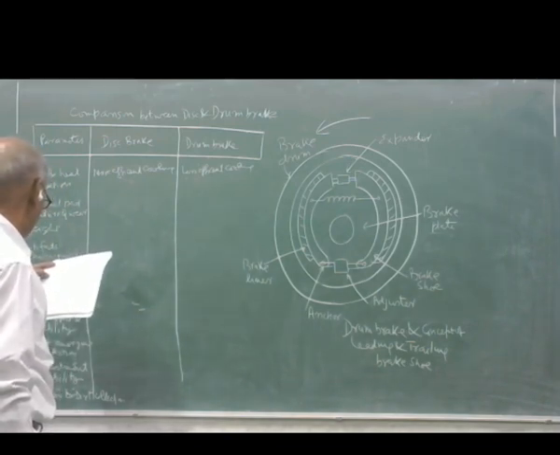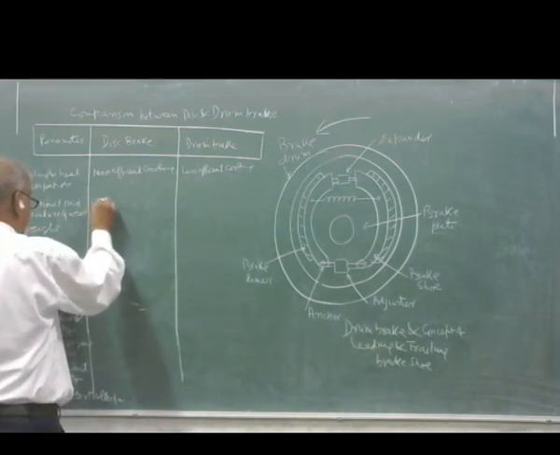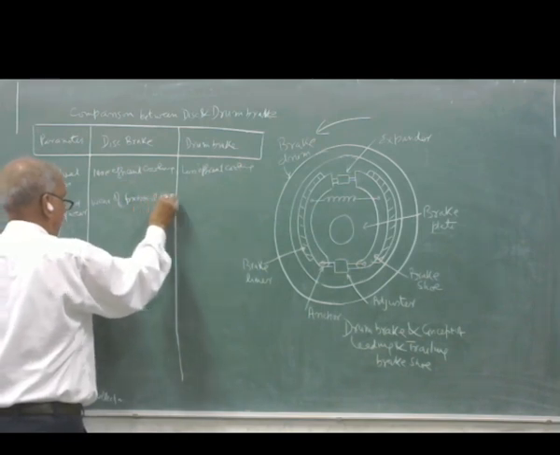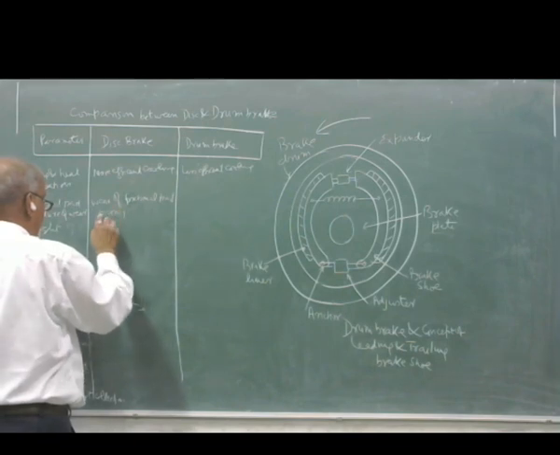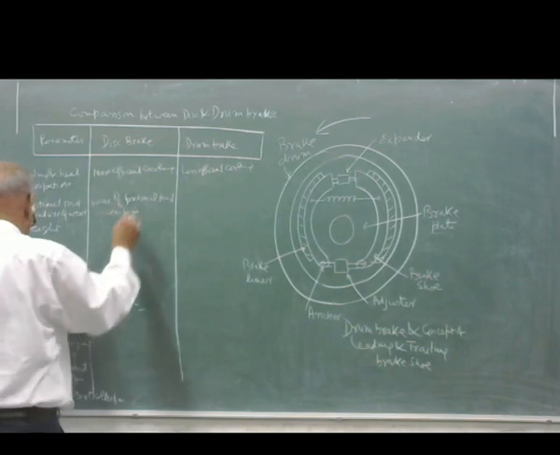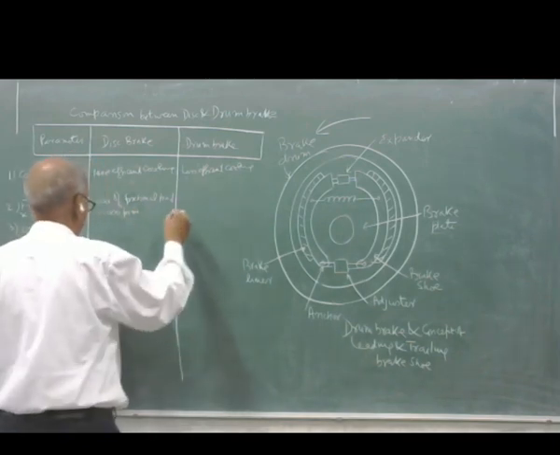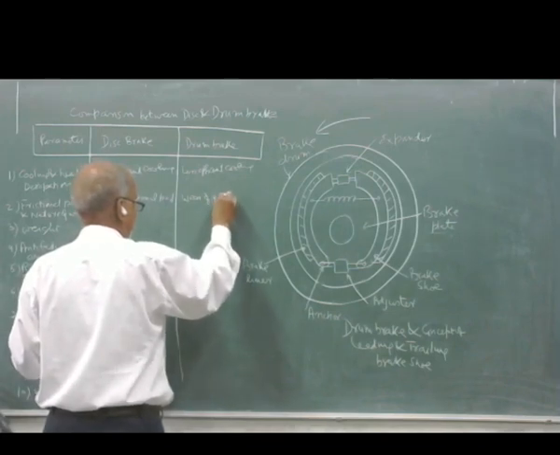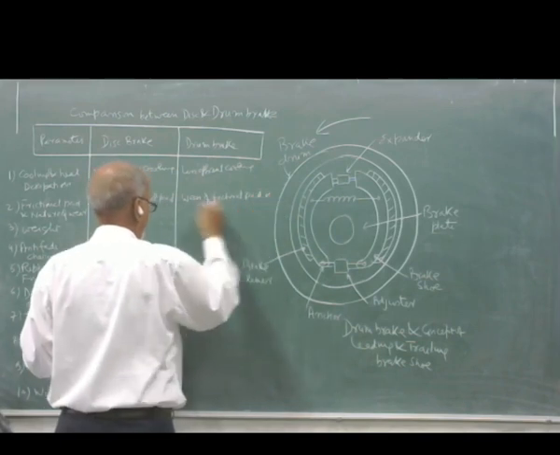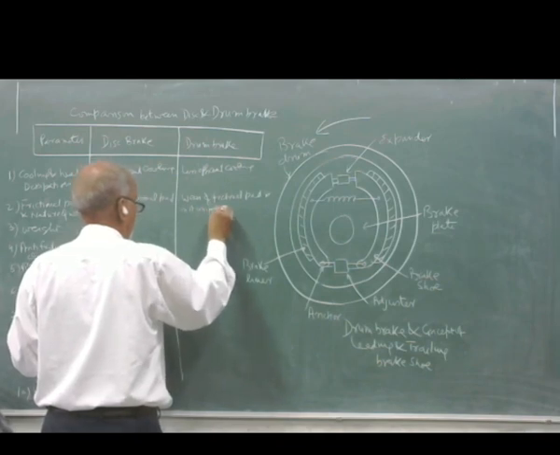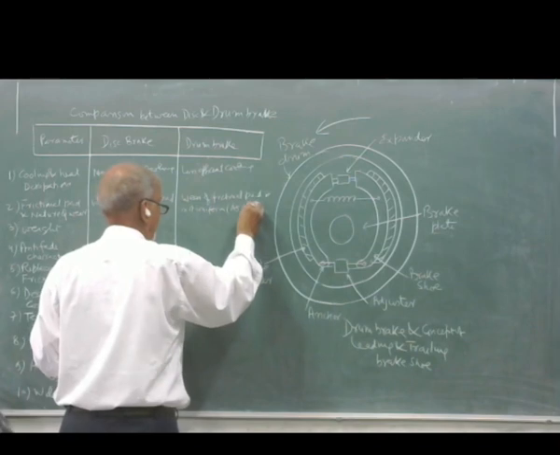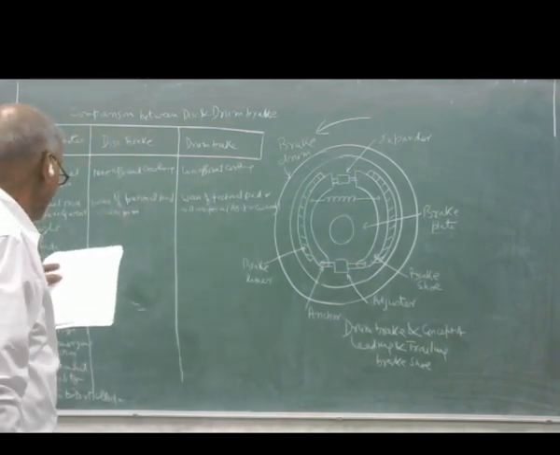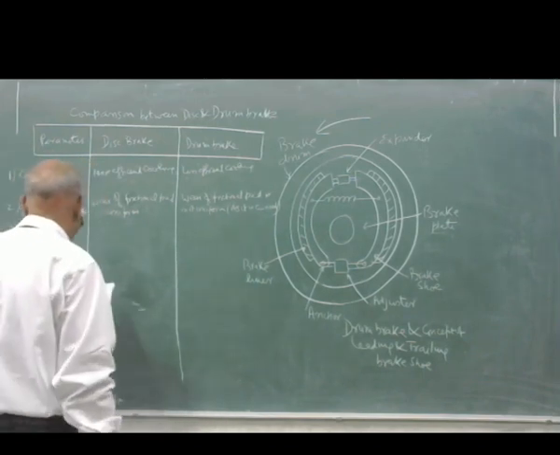Frictional pad: wear of the pad is uniform. In the drum brake, the frictional pad is curved and wear is not uniform. उसका जो ब्रेक पैड होता है वो कर्व होता है, इसलिए उसमें जो वियर आउट होता है वो यूनिफॉर्म नहीं होता. Weight is less, and that results in lower inertia.